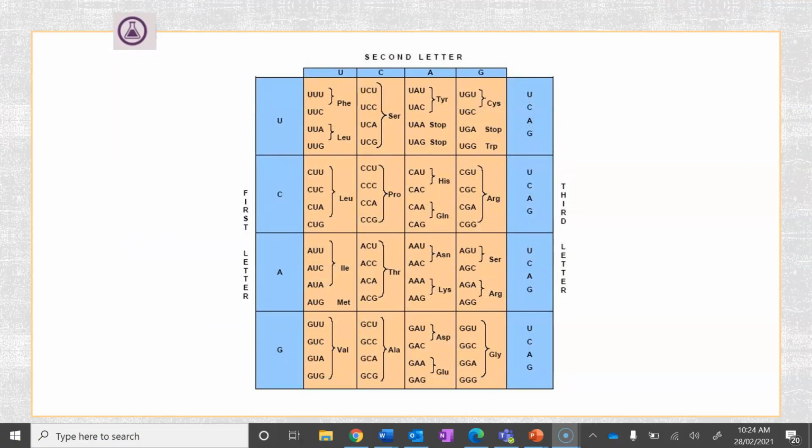Okay, so here we've got a table. Now, it might look a bit daunting and confusing to start off with, but don't be confused, okay? Imagine we've got our mRNA, so that first copy that's come from our gene on the DNA. So we're going to be looking at these codons, these triplets of bases on our mRNA. So if we look here, the first base of the triplet, for example, if it was U, and then our third letter was U,